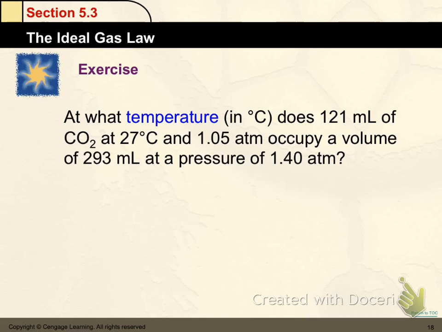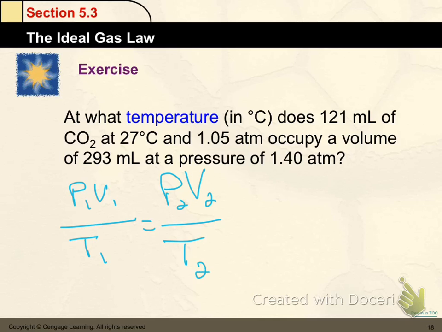Now, I don't want to give you the answer. There's the answer, but let's go ahead and look at the work. It's P1 V1 over T1, right? That is the equation we looked at on the previous slide. And all I'm going to do is make sure that we know which unknown is responsible for which number. So pressure 1, well, our initial state is right here. That's pressure 1. That's this guy.